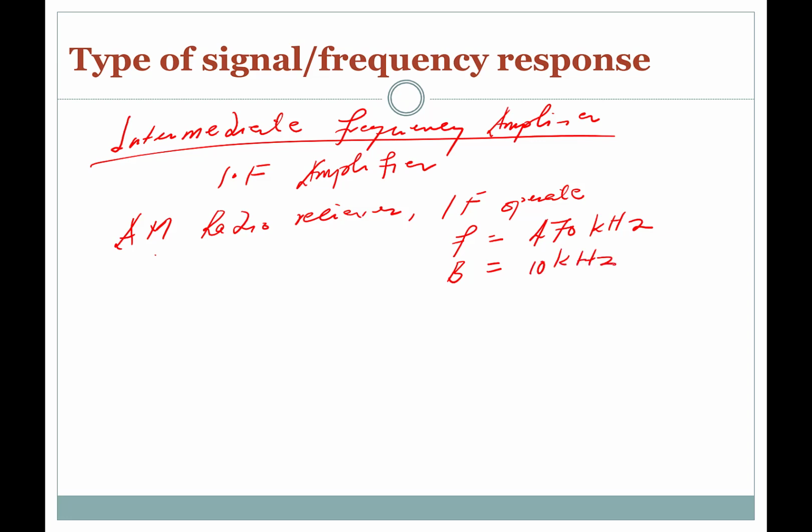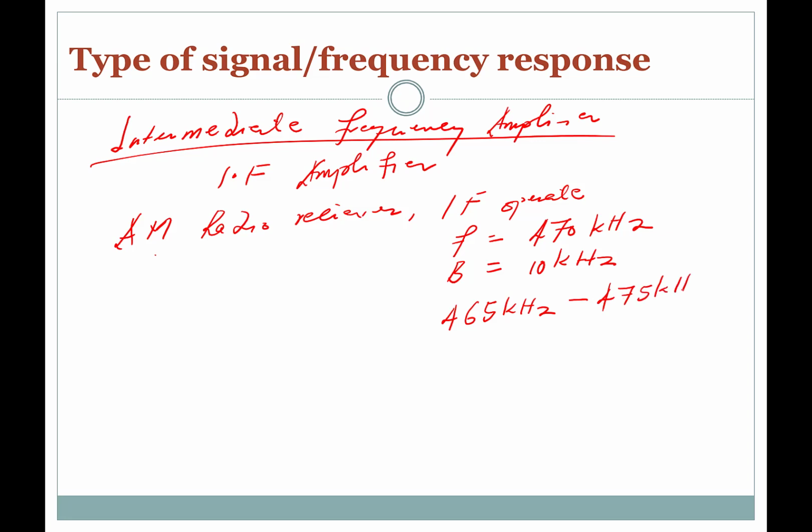That is to say, if you take the frequency spectrum, you're looking at 465 kilohertz to about